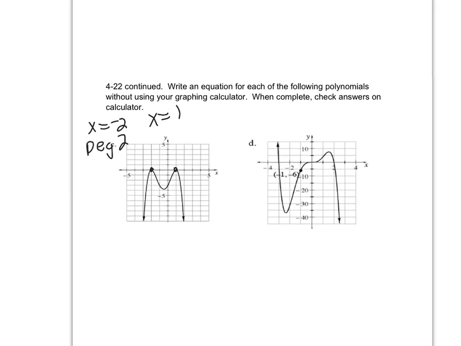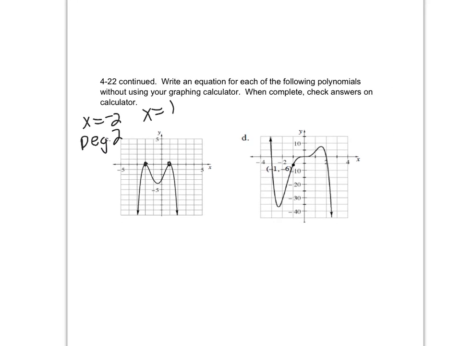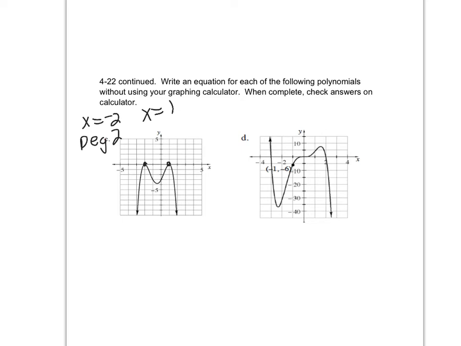you'll also have a degree of 2. So overall, this polynomial degree is 4. In part D, you have 3 roots, x equaling negative 3,